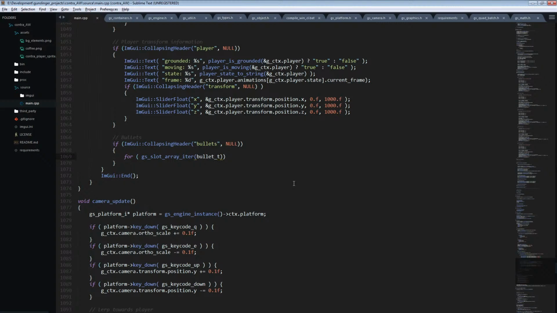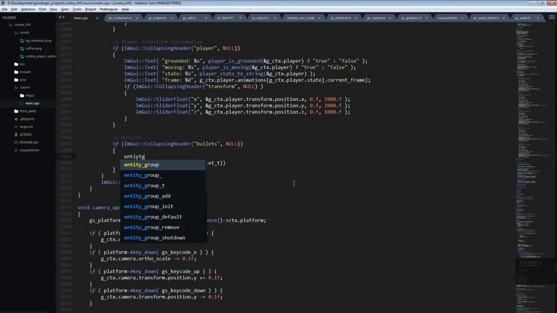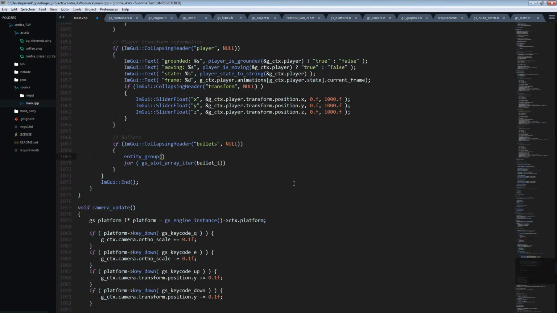So we're not even iterating through that. We have, so entity group,